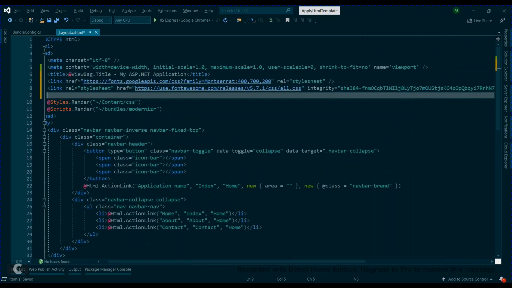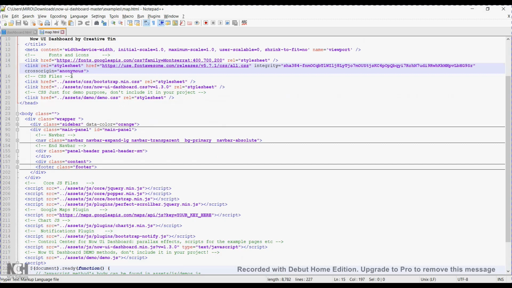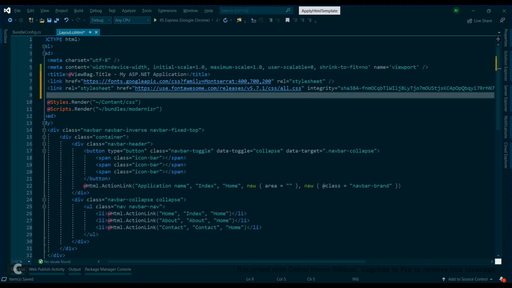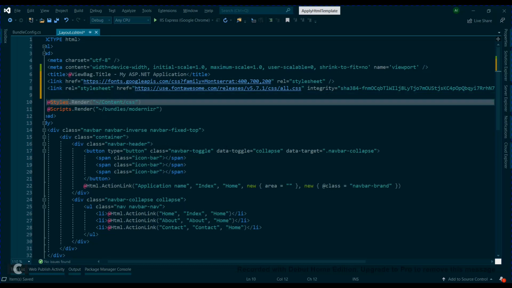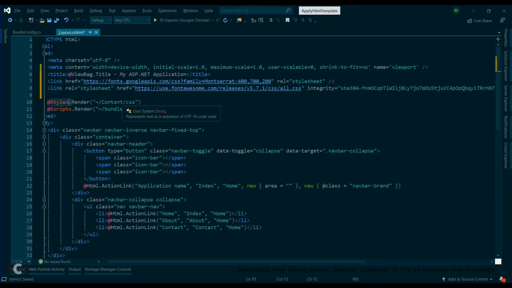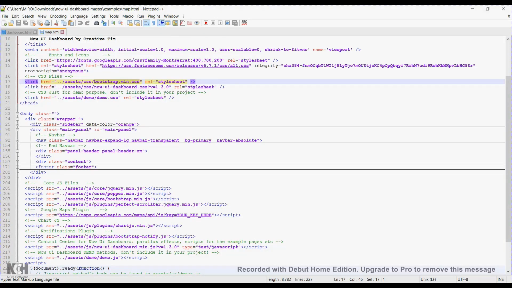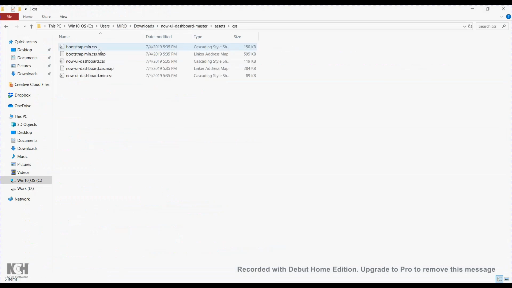Just one title, and CSS files. Here in MVC we are using content and bundling. So I will copy these files from the assets folder to our content and add them to our bundle. Let's do that. In CSS files,